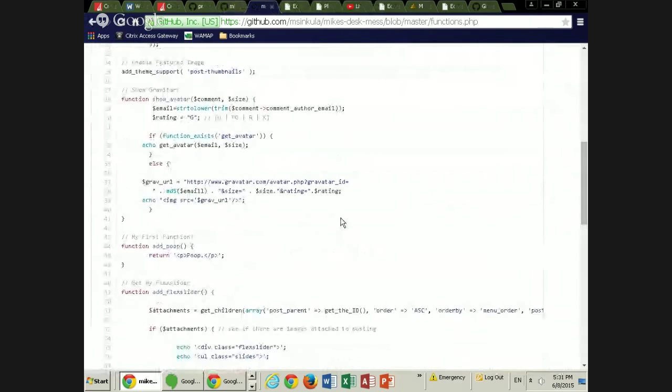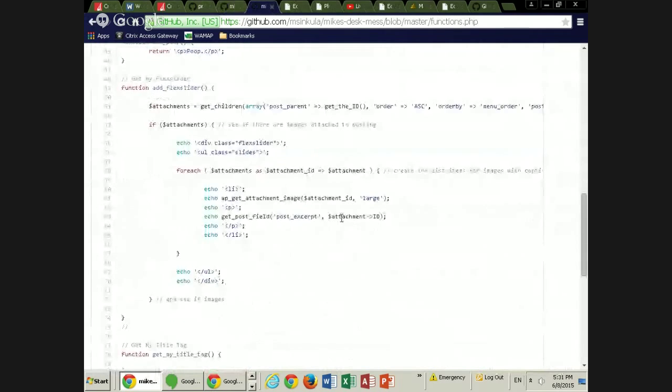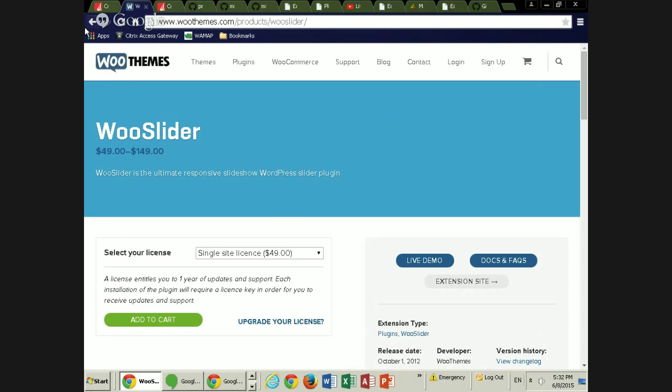If I have a lot of conditional type statements in there, I will take those conditional statements and put them in my functions file, right? So if we go back to the FlexSlider markup here,